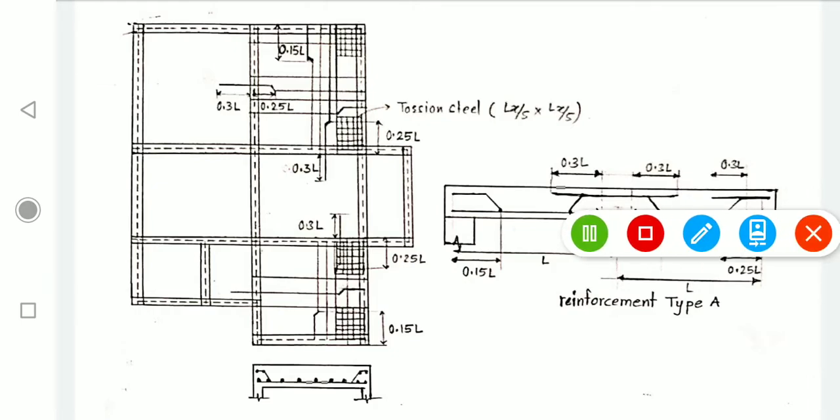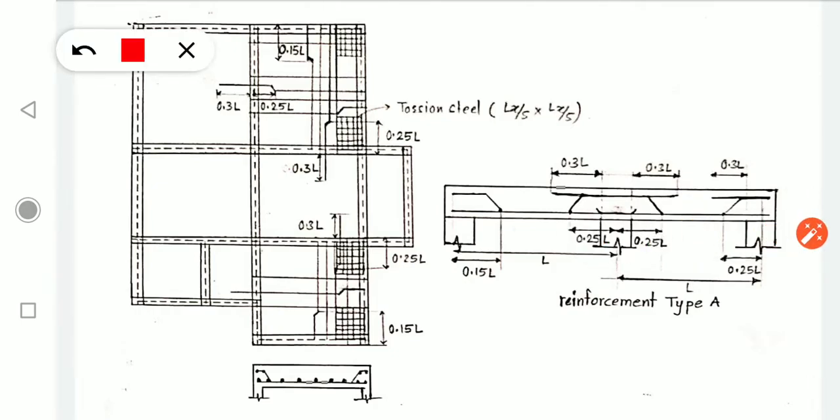Okay, so we are giving a reinforcement detailing in this plan, and we will start with this panel. Now you must be thinking why all panels are kept empty and only these two panels are reinforced. I have given it for your explanation only, but you are supposed to draw and give reinforcement detailing in all the panels or all the slabs of your structural plan, right? But to make you understand, I have chosen these two panels and I will discuss them with you.